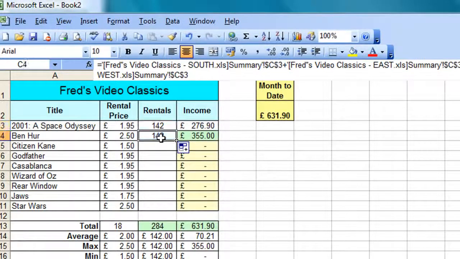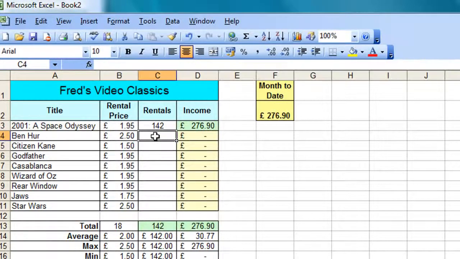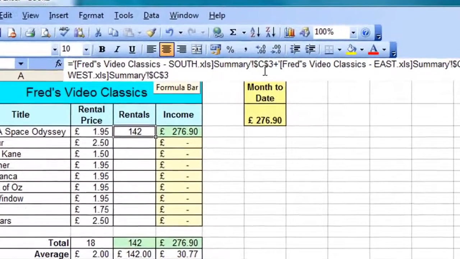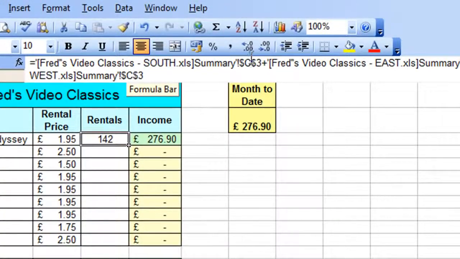It actually puts the same value in there because it's got the same cell information, or it's drawing its data from the same cells as the previous one. So I'm going to delete that. Go back to cell C3 and I'm going to go through the formula and modify it. You'll see if I come to the first one, here's the problem. It says $C$3. So it's looking at one cell, and if I try and copy down, it will always